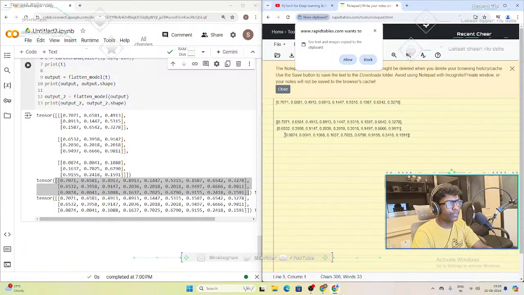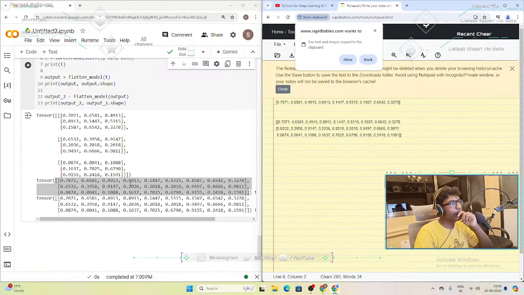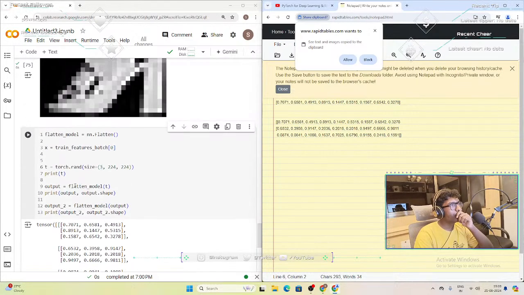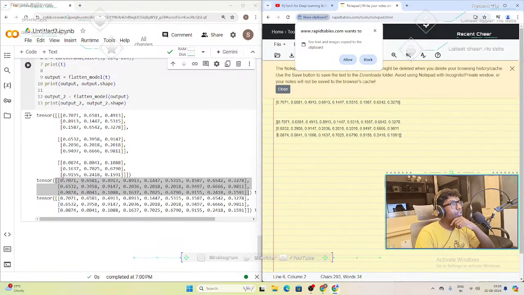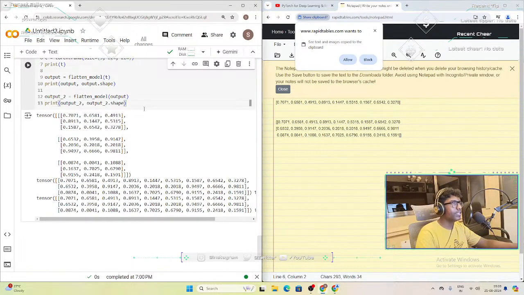Let me try to figure this out. How would we convert this and just remove this? Or in other words, convert the shape from 3 by 3 to, I guess this is